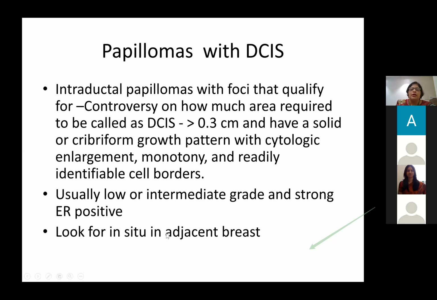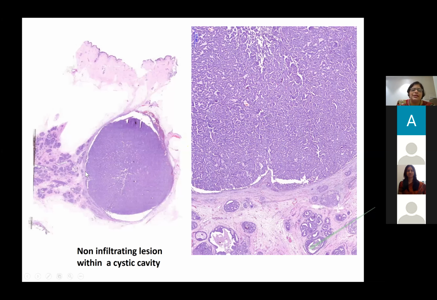Now here is another case. She had a mucinous carcinoma on one side. On the other side, you have this very well-defined lump. This is the bilateral mammogram. And you see this has the echogenicity of a cystic lesion. When you excise this, exactly as you remember from the mammographic picture, a big cyst with a whole mass of papillary structures just plugged in. I can't make out where it is arising from. It's just solidified. In fact, I can't even see a cyst lining because the lesion does not normally carry a very well-defined cyst lining. As you remember, these papillae are not broad, they are small papillae. They are micropapillae. They're atypical.